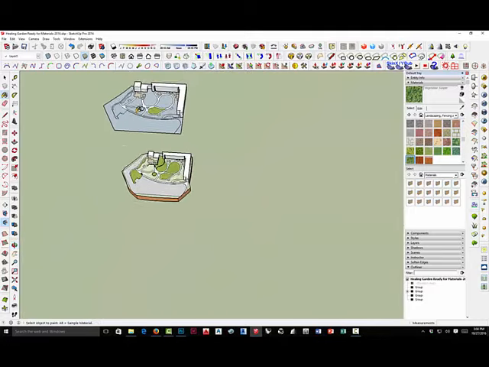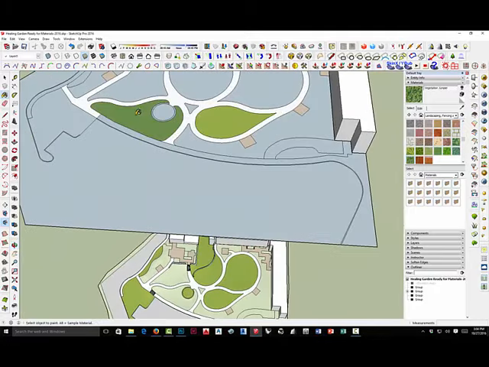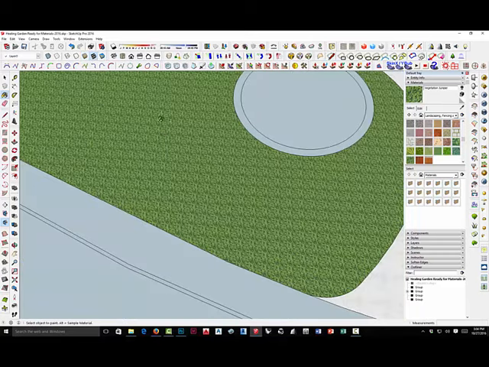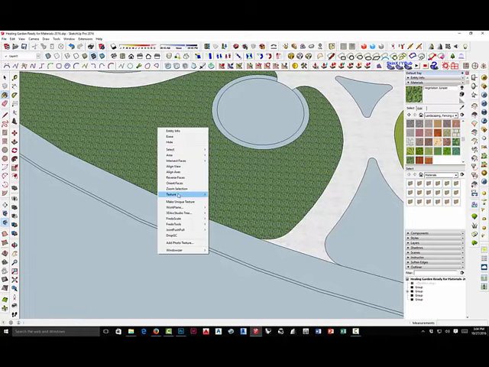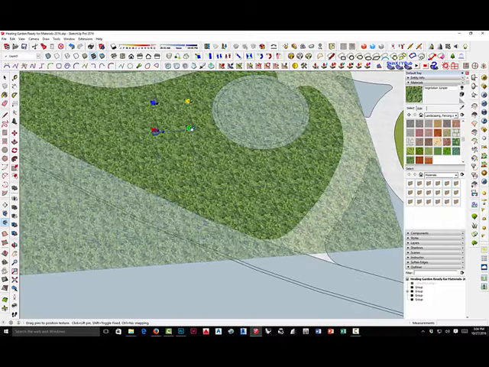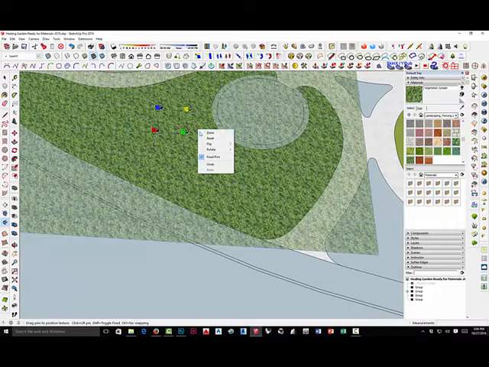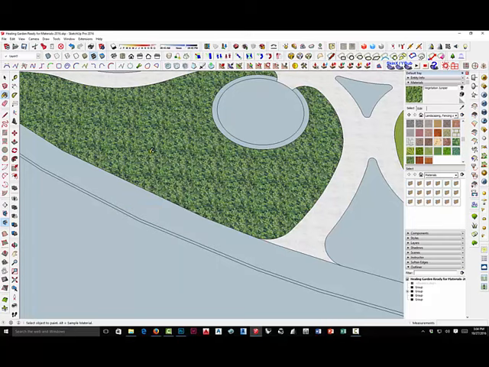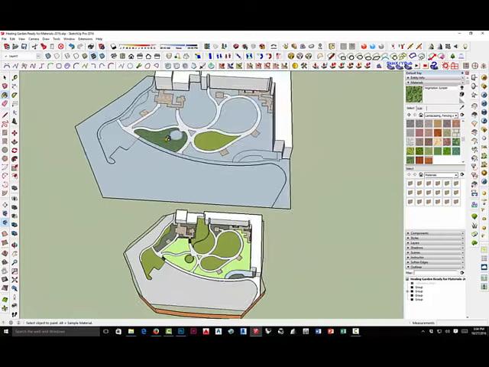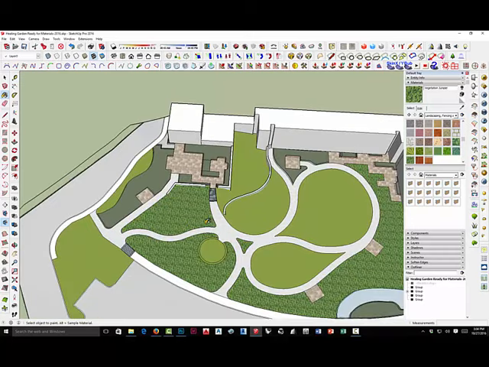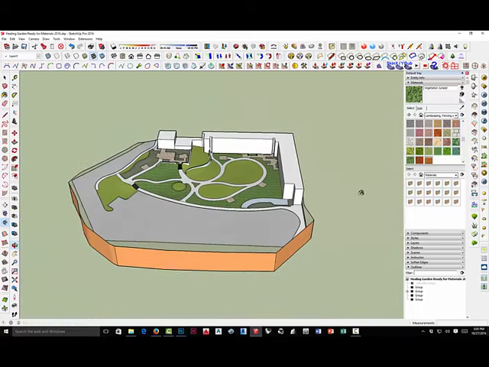Once again, I'm going to move up to the top, fill an area, go back to my texture rendering so I can see it. Kind of small there, so I'm going to do the same thing. Position, give it a little coarseness, turn it into a projected texture, pick it up, and there. Now on some of the photographs, what you'll notice is that these areas actually are mulch, just a